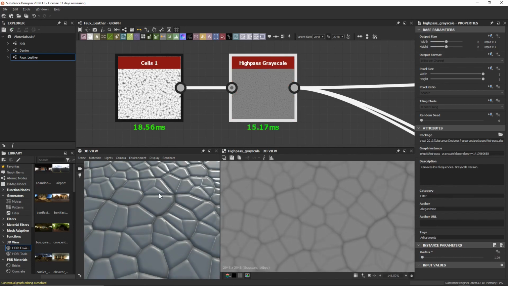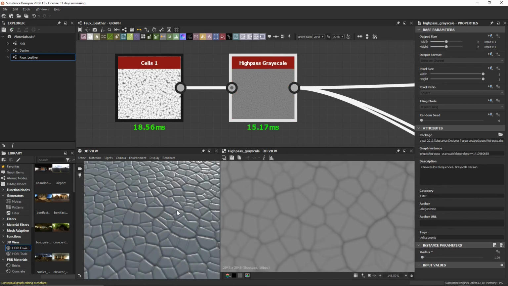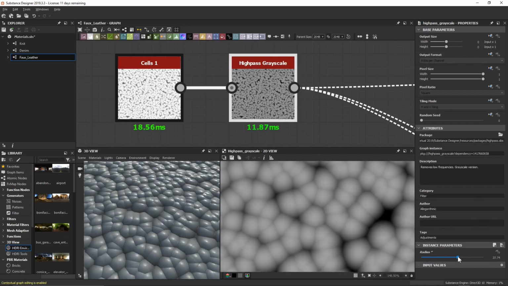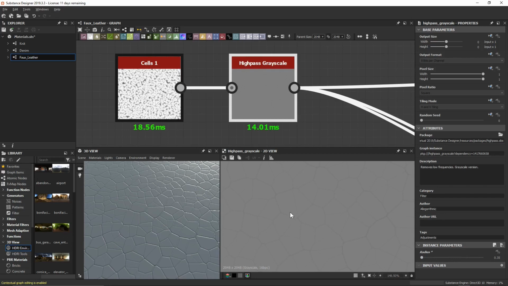And we can see it's starting to look a little bit like leather, right? Now, the higher we bring this up, the more it's going to look as it did when we first plugged it in. So that's how the high pass is working: it's just going to clamp values to try and help flatten out what we have going on. So for the radius, what I'm going to use is a value of 0.35,